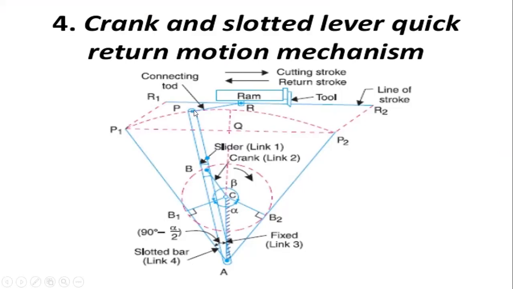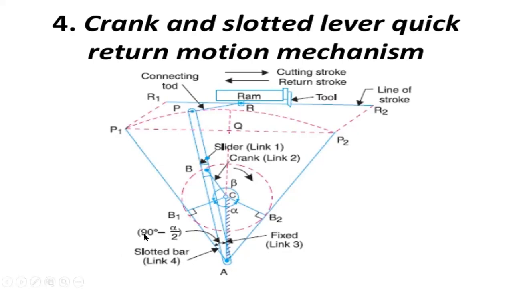and it consists of a ram which is connected to P, that is the slotted bar, with a connecting rod, and this ram consists of a cutting tool which is used to cut along the line of stroke. This mechanism consists of two strokes, that is the cutting stroke and a return stroke. So by the two ends it can cut. This is the major portion of the crank and slotted lever quick return motion mechanism,